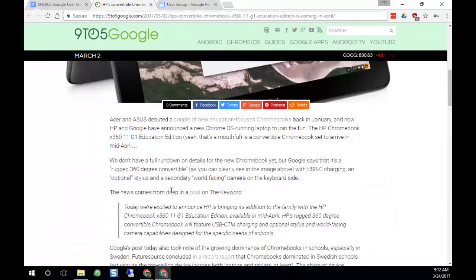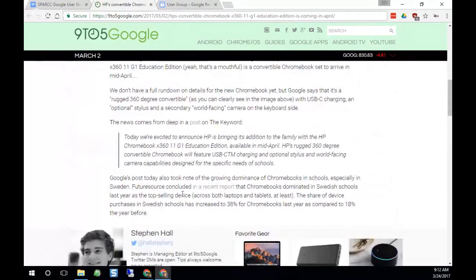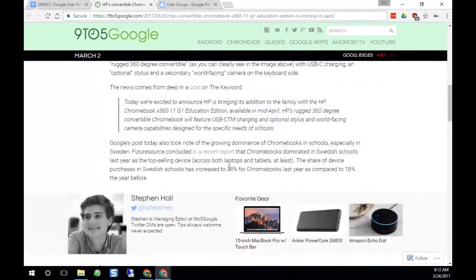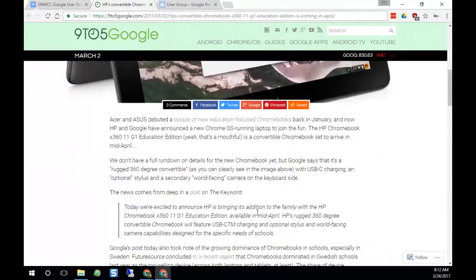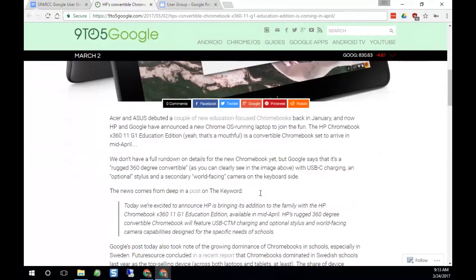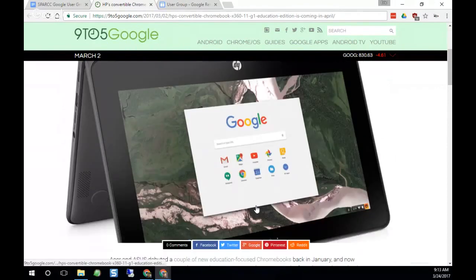What's a little bit different about it, and why I mentioned this, is my guess is, and again, I apologize, I don't have a price on this one. If anybody knows, as of this posting here, they did not have pricing yet for it, but they said it would be coming out in April, so we should know very soon. I'm hoping it's going to kind of fall in a little bit of a more affordable niche there. We've seen some really neat Chromebooks come out that are convertibles, but they've been a little bit more expensive, like